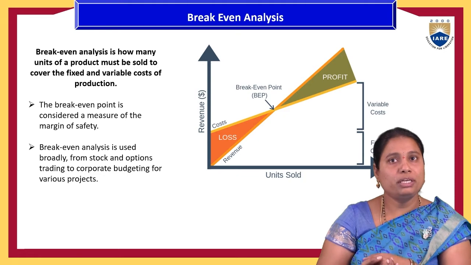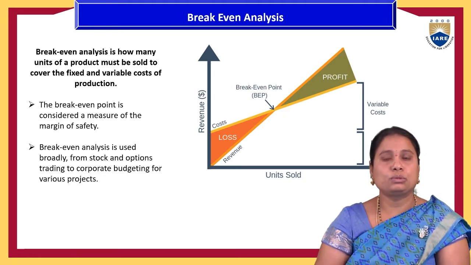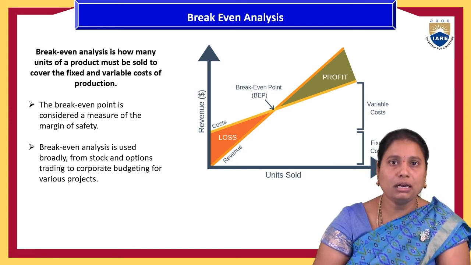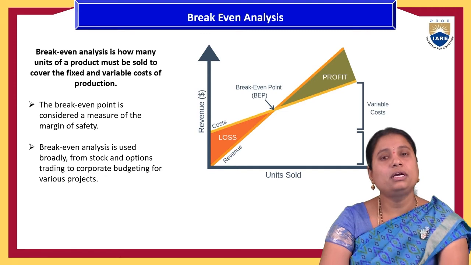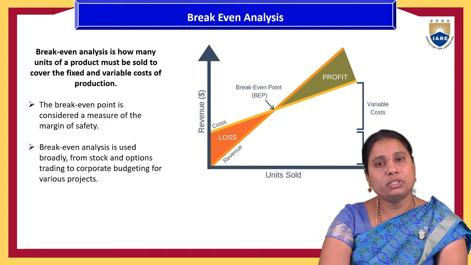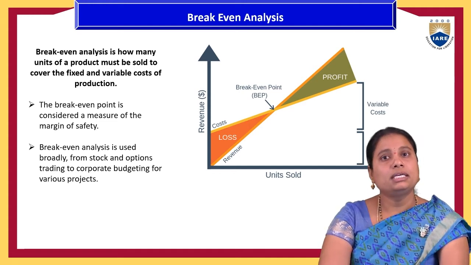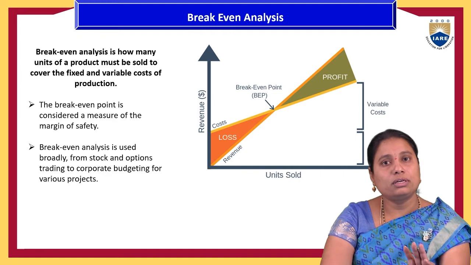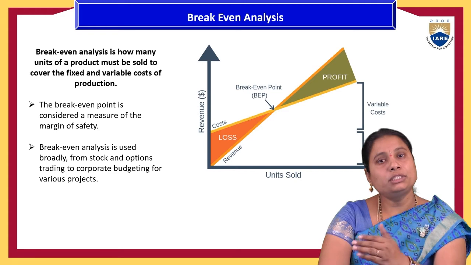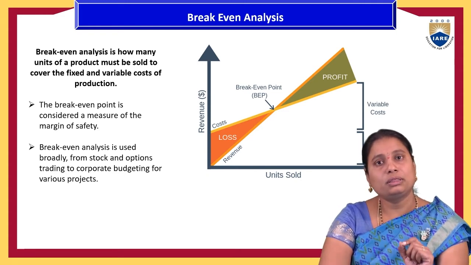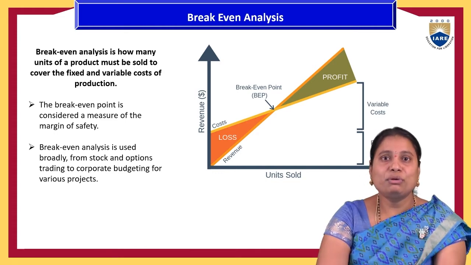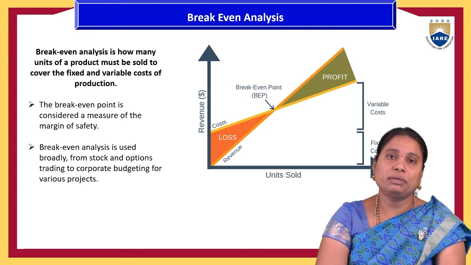It shows how many units a producer has to sell to get back the amount he has invested in producing a particular product. For example, to produce a particular mobile phone, for manufacturing, administration, and all the elements, he has spent 10,000 rupees, and each mobile phone is priced at 1,000 rupees. Then he has to sell at least 10 mobile phones